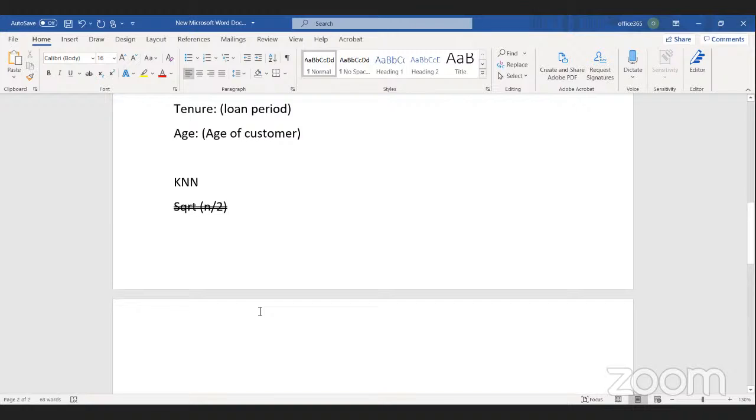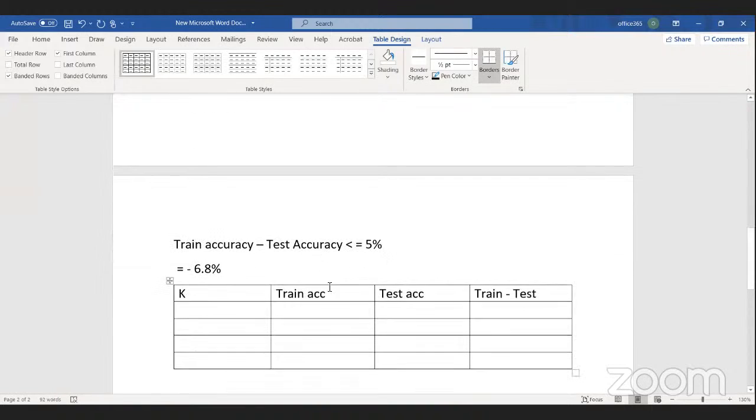All right. You have K, you have train, you have test, and let me put it as accuracy because it is easier that way. Now, when you were to sort this particular data, which is the best value, different values of K. I'm not going to enter the train and test accuracy at this point of time. I'm going to directly give the difference of values and sort it in ascending order. So I might get negative 6.8%,